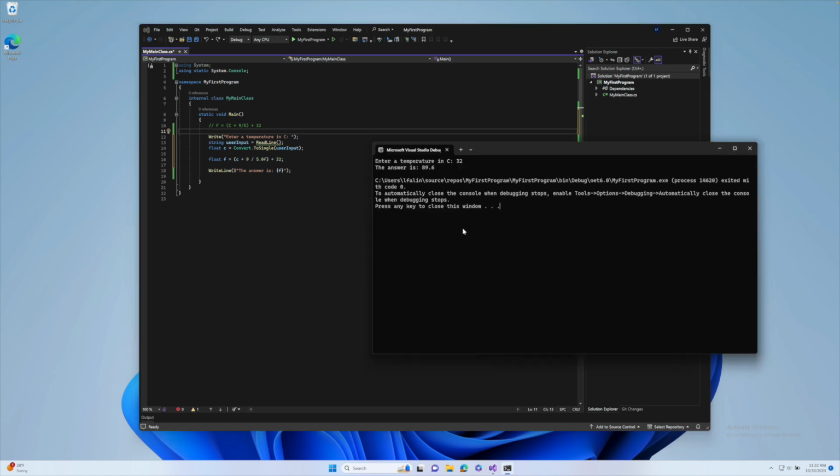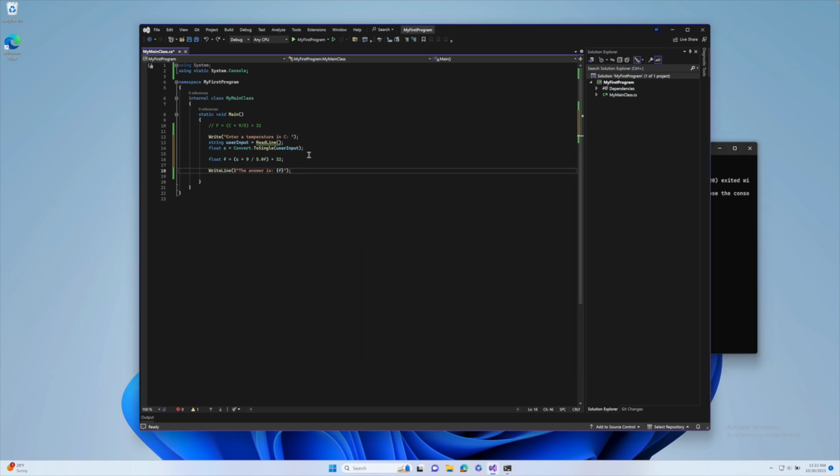All right, so the last thing I want to do is change our output. Right now it just says the answer is 89.6, which is kind of a dumb thing to say. And so we're going to change that. So I think what we want to do is first print out a fancy header like this. And we'll say WriteLine. Now, for this part, we'll put our little format dollar sign on the outside so we can use format strings. And we'll say that